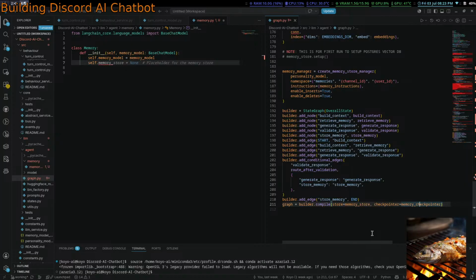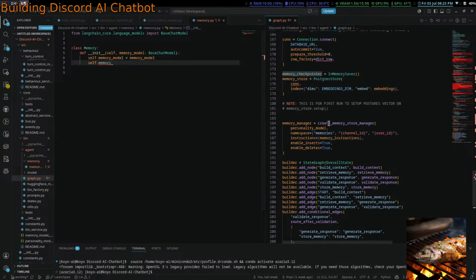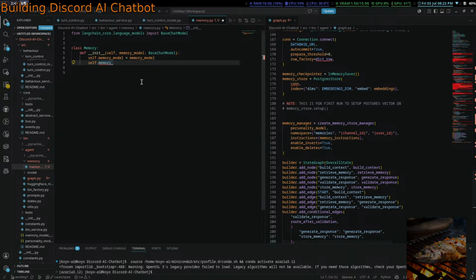I guess for memory checkpointer we can just leave it in here, because it'll add a lot of extra latency and also a lot of overhead in the refactor. It might be a bit messy though, but I think I'm fine taking on that technical debt for now, especially since this project's not going to get too large. Memory store. Sure, might as well make it like an initialize, right?